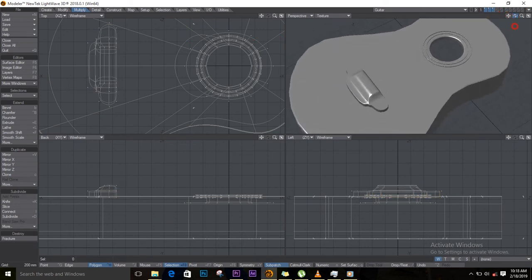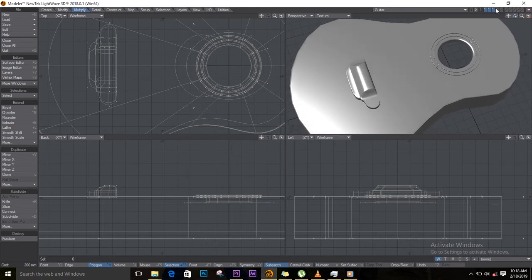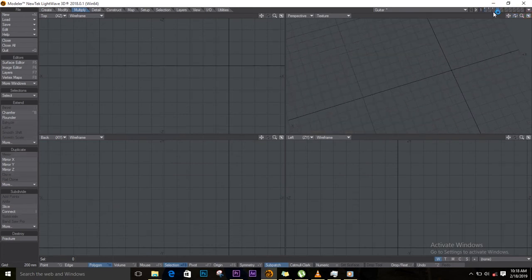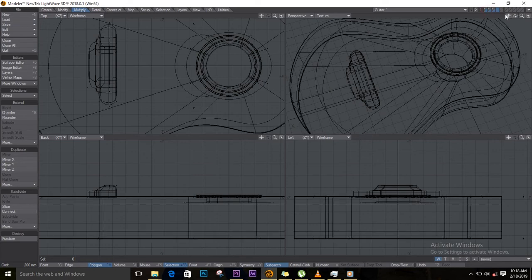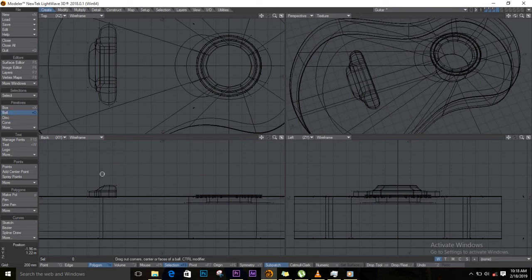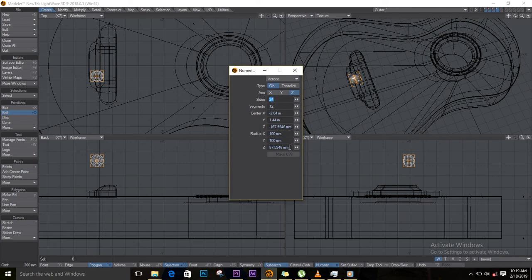Okay, so it's now time to make the pack, and I'll go to a new layer while looking at my old 3 layers. So I'll hold down Shift to select all of the 3 layers. Yeah, and I'll go back to create, and I'll get a ball, and I'll create a ball like this, make it like this, numeric panel. So this is 100 millimeters, and I'll also make this 100 here, and I'll change this to 8 and this to 6,